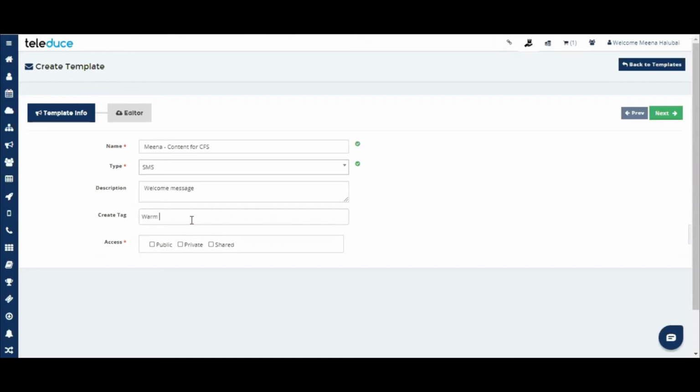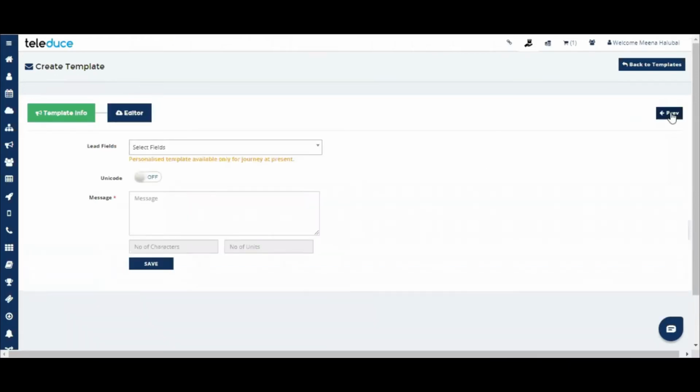Like for example, welcoming is a warm welcoming message. So I'm just going to write it as a welcome tag, so that whenever I want to search all my messages or all my contents which contain welcome kind of content, I'll be able to filter it out in no seconds. Okay, so I'm giving a tag as welcome, and again access will be public,